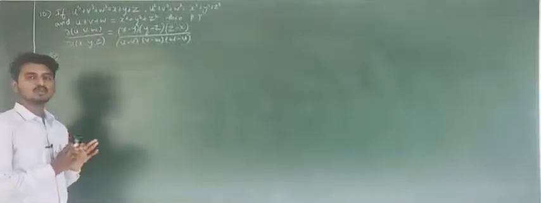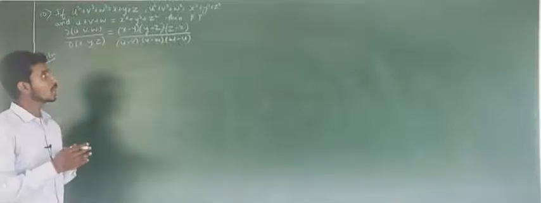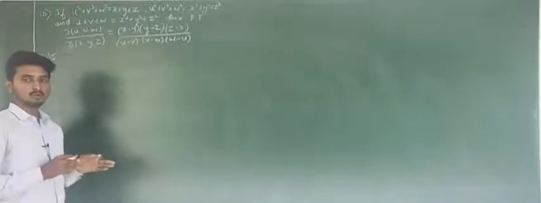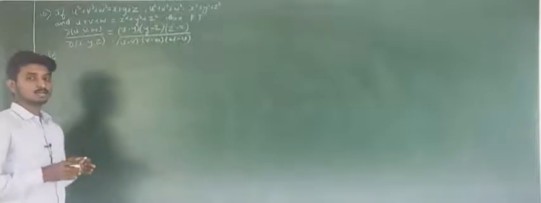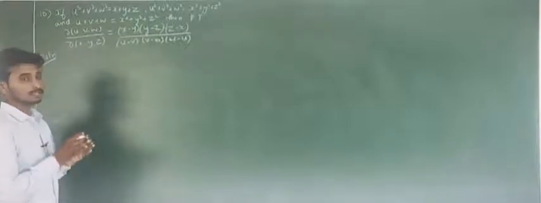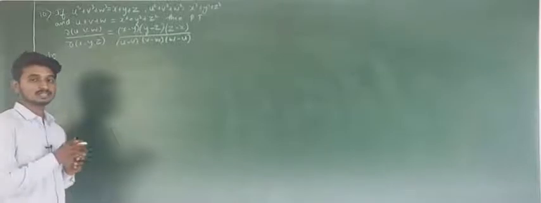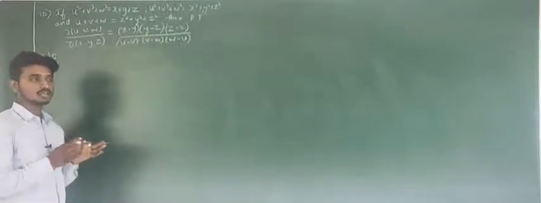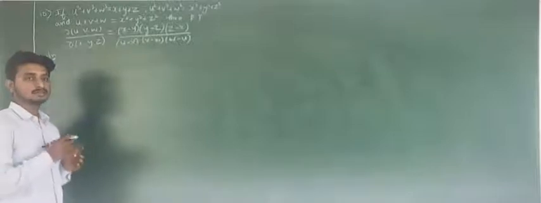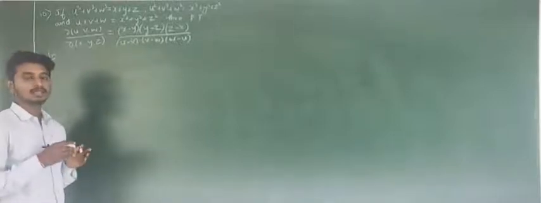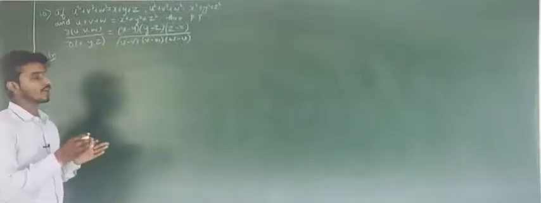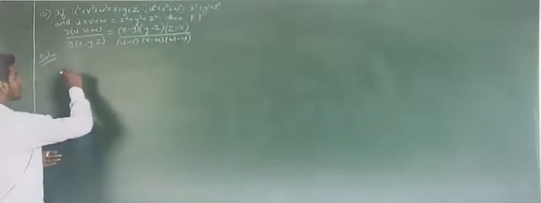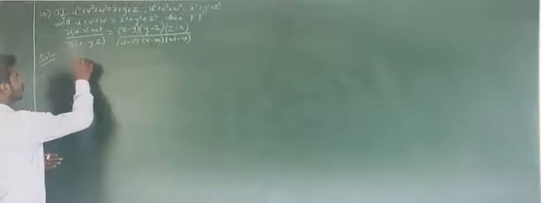Here u, v, w are functions and x, y, z are the independent variables. So by the implicit property we will consider these functions. What does the implicit property say? If you consider some functions f, g, h, then u, v, w will behave as implicit functions of x, y, z. So by the implicit property we will consider here f equal to